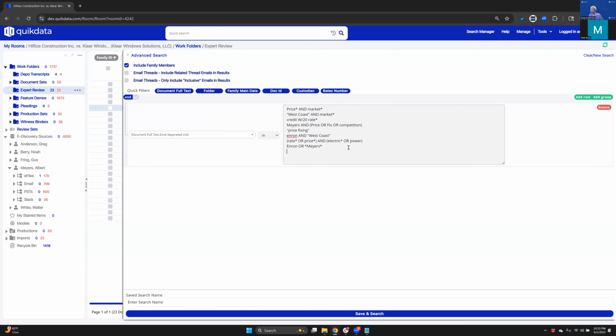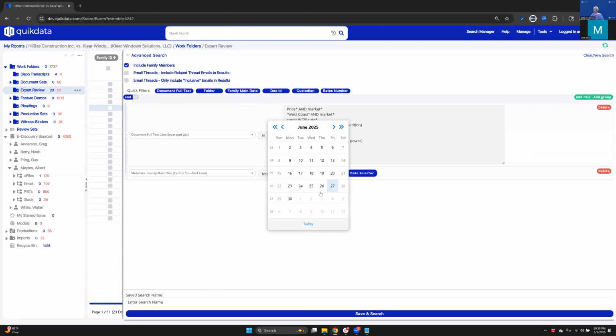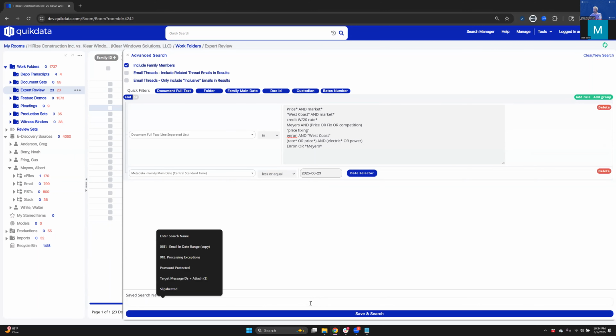We utilize dtSearch as our searching and indexing engine. That not only allows you to do your typical simple word and phrase searches, but also to combine them with all sorts of powerful search syntax: wildcards, proximity, Boolean logic. If I want to add a parameter like a date range, I just add that to my query, and we'll do less than or equal to today, since we have some really old data here. But really, you just continue to build out the criteria to isolate the set of documents that you need to review. And I'll just call this my search term set